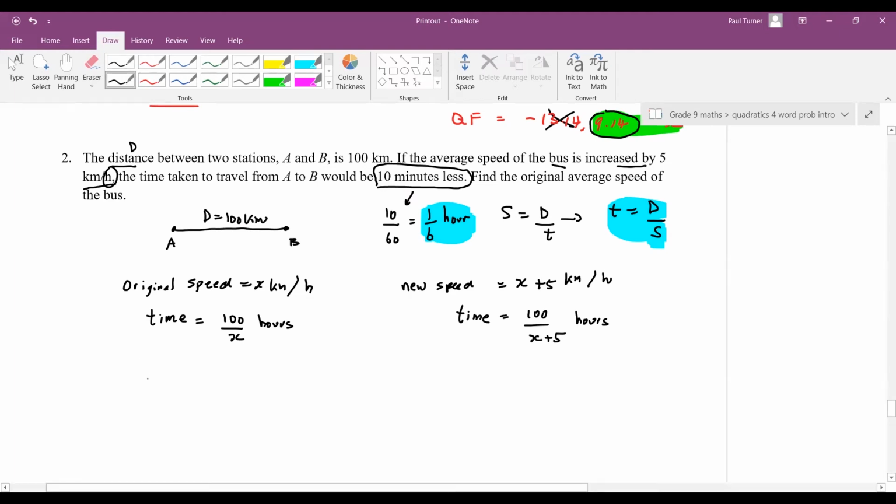So when we get our equation, the difference between these two again, so this time will be the longer time because the speed is a bit slower. So the longer number, the bigger number, minus the smaller number, which is the lower time. So 100 on x minus 100 on x plus 5 equals 1/6. Okay, so the difference between the times is 1/6 of an hour. And you can see again, we've got a fractional